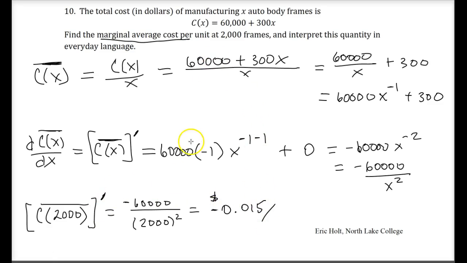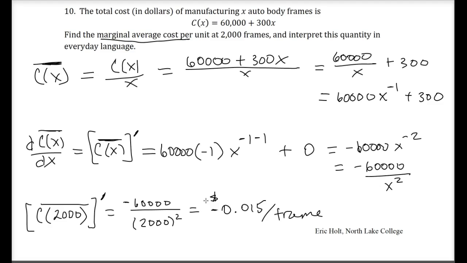And since this is a derivative, we're doing dollars per frame. If we wanted to interpret this, what it means is that if we are making auto body frames and our current cost structure is described as 60,000 plus 300x, then the marginal average cost, or the rate of change of the average cost if we were to produce 2,000 frames at once, is that our cost is going down by 1.5 cents per frame